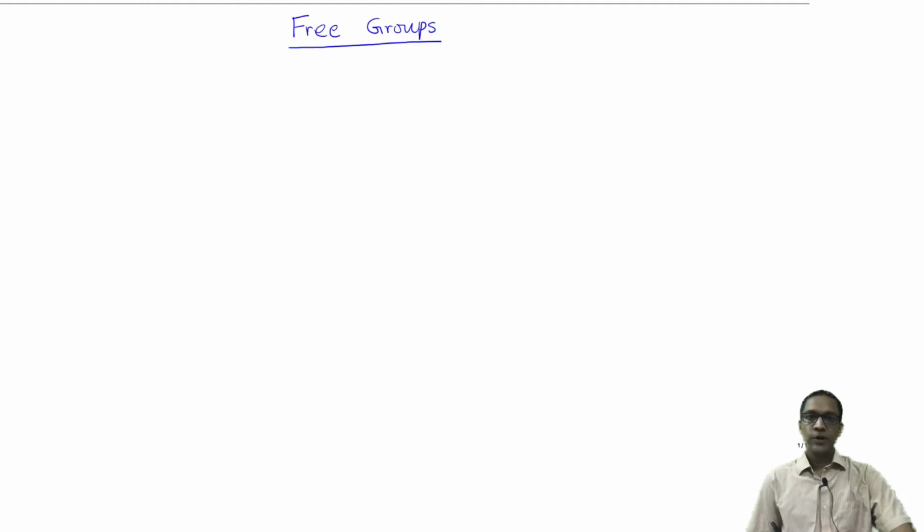Okay, so let's continue talking about free groups today. Recall we have already defined the free group on two generators, which we called A and B, but there's nothing really special about a group with just those two generators. More generally, we can talk about the free group F generated by any set S. Here S can in fact be any set, finite or infinite. It doesn't really matter.